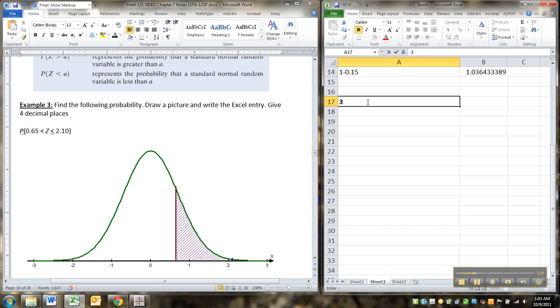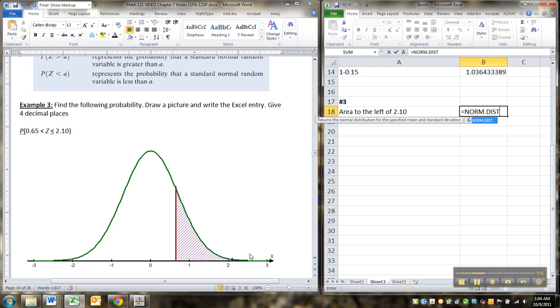Okay, so the problem that you're going to run into, number 3, is that Excel only finds left areas. It only finds left probabilities. It only works with left probabilities. So if you look here, I have 2 probabilities, two numbers I'm going to need to find. So I could find the area to the left of 2.10. That wouldn't be hard to do. That would be equal to norm